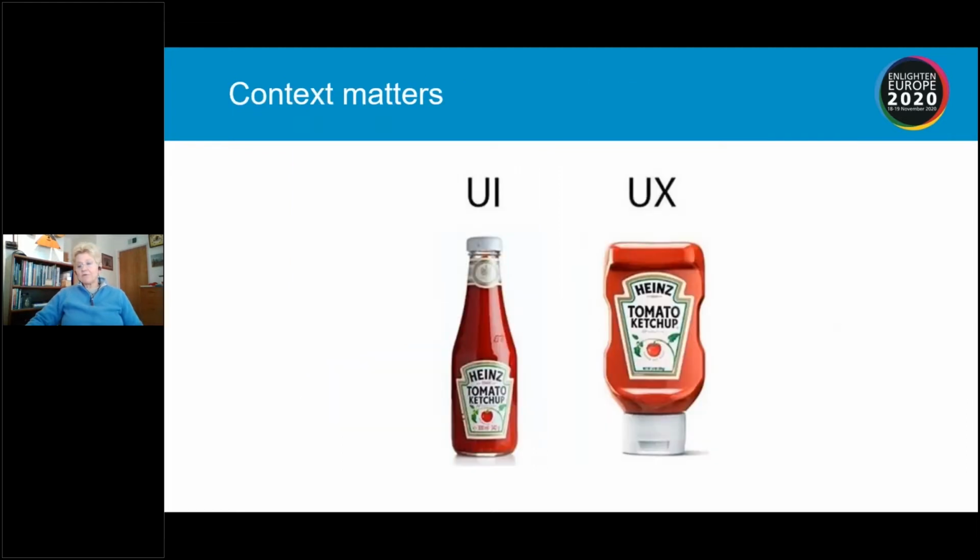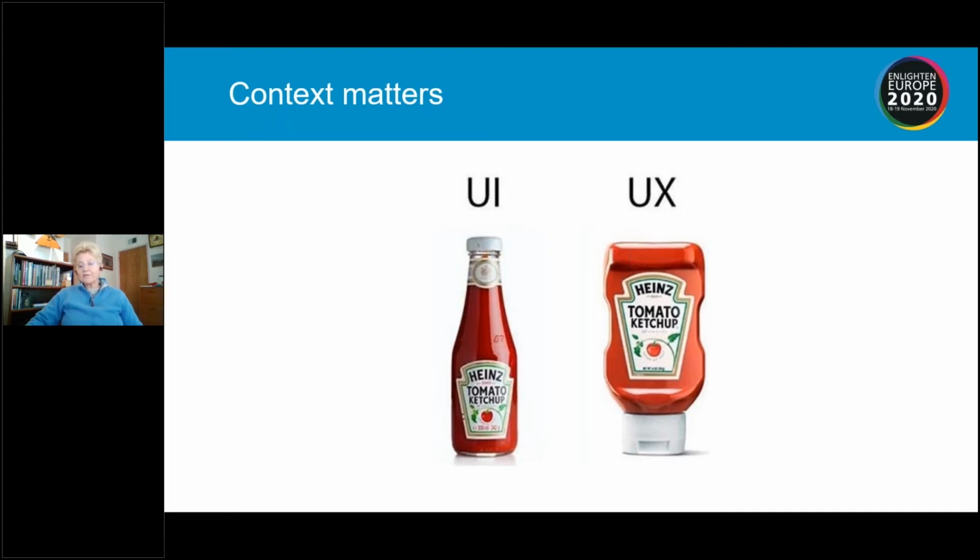And context matters. So there's a difference between the user interface and the user experience. Aesthetically, users preferred the glass bottle, and it created a more compelling experience. And when users were asked for authenticity, they chose the glass bottle, even though the usability of getting the ketchup out of the bottle was more difficult and frustrating.